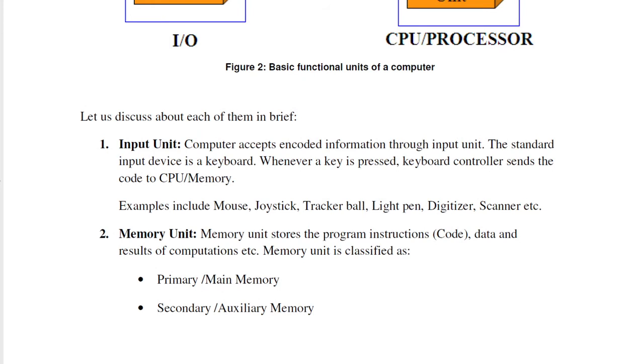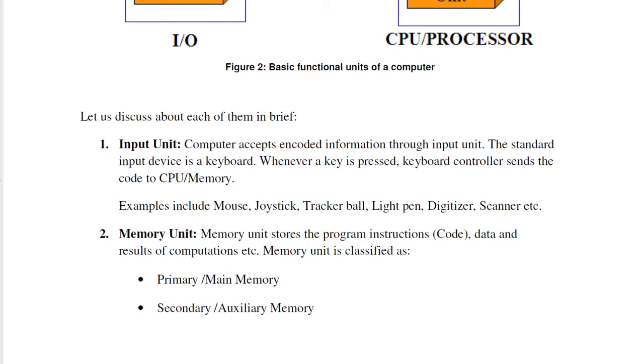Computer accepts encoded information through the input unit. For example, when we type or when we click on our keyboard, that would be inputting something. The standard input device is a keyboard. Whenever a key is pressed, the keyboard controller sends the code to the CPU or memory. So when we input letters or any numbers, that technically sends the code to